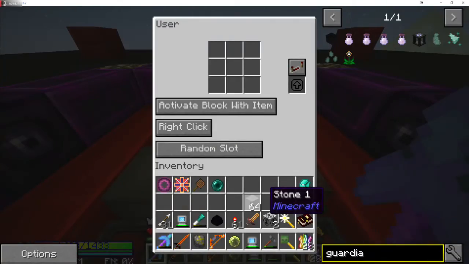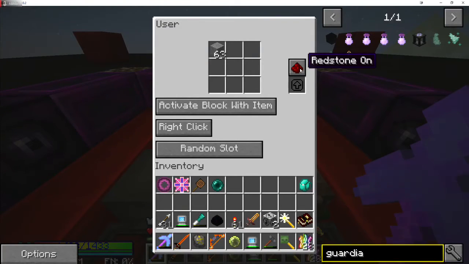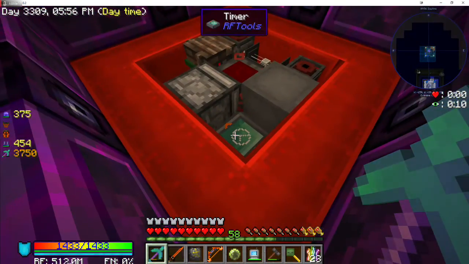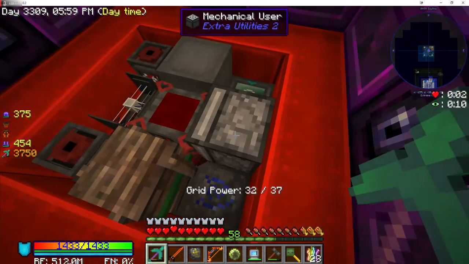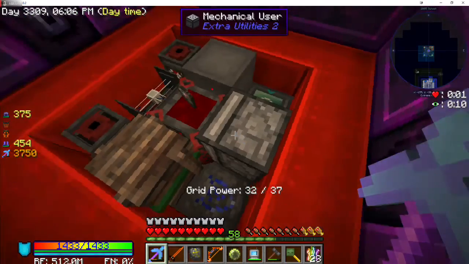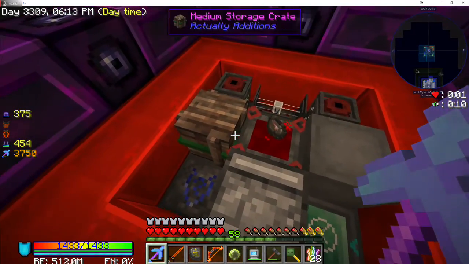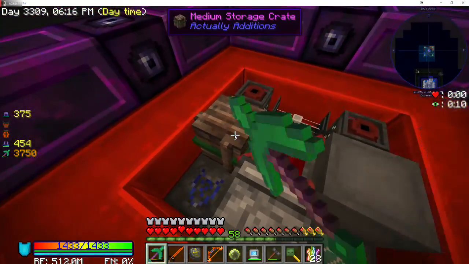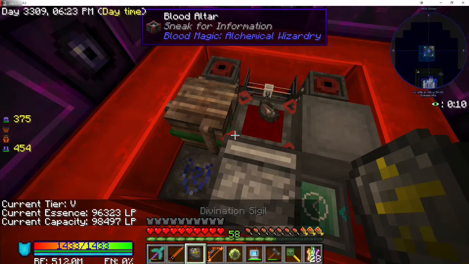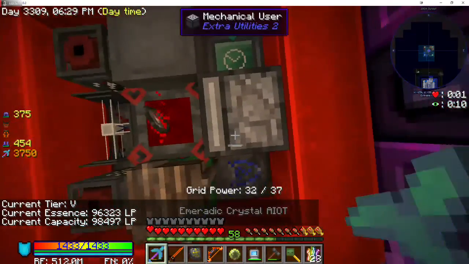I speak English. So I've got a little bit of automation here with this mechanical user and a timer and a box transferring items out. So it should be... I need redstone on. There we go. It should be producing these stones for me. And I have filters here, a filter for each type of thing I need. So right now, the last thing I needed was these lovely green slates. So it is producing lovely green slates, but I don't think I'm going to manage to run this out before